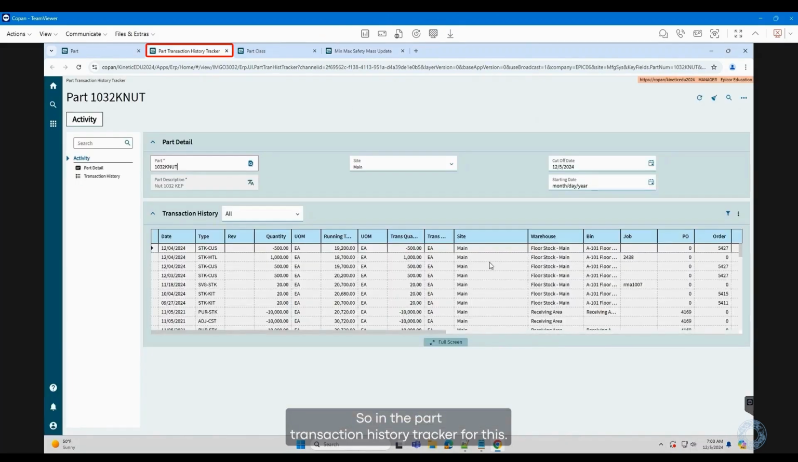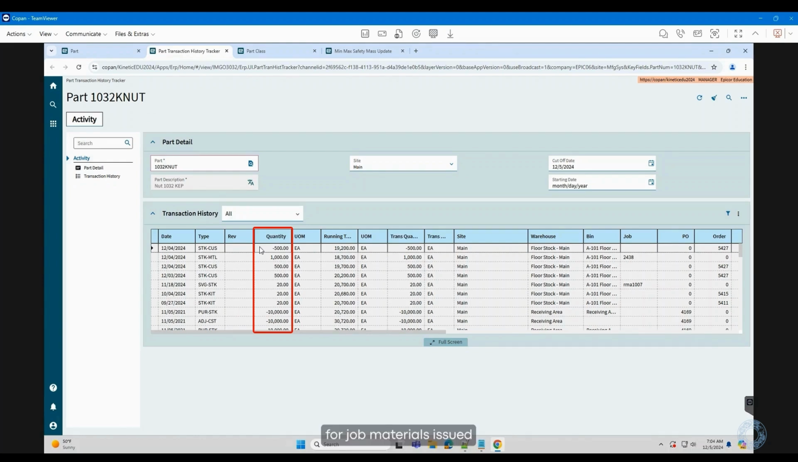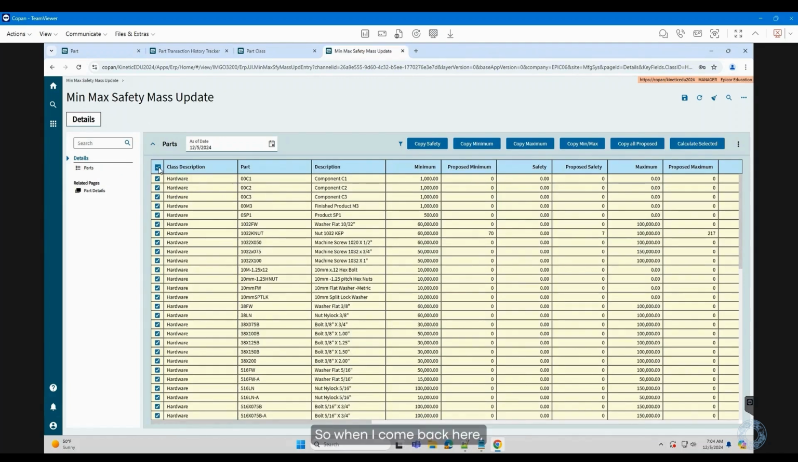So in the part transaction history tracker for this 1032K nut, because my window is 90 days, it's going to go through the transactions just within the 90 days. So it'll go from, in this case, 9/27 to 2024 is actually in my 90-day window. So it's going to take all of these usage quantities that are either for job materials issued or for products shipped direct on a sales order line and add all of that up for me. So when I come back here,